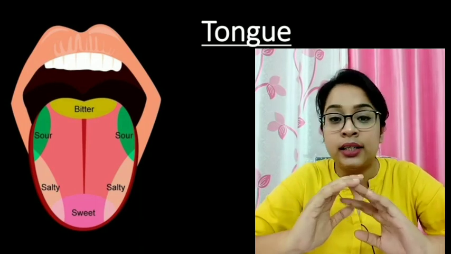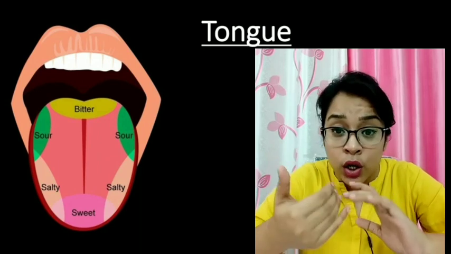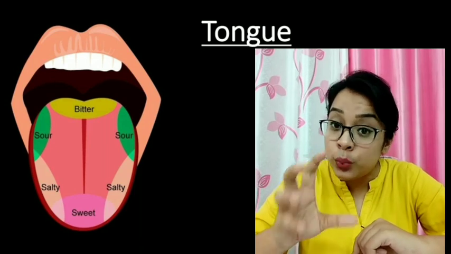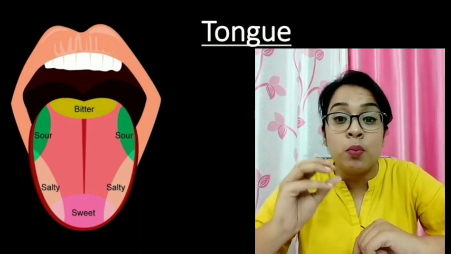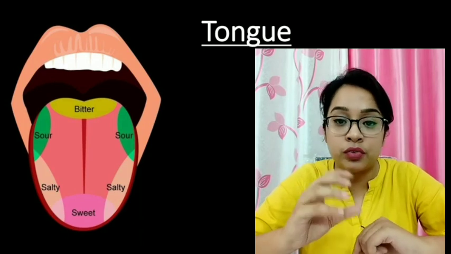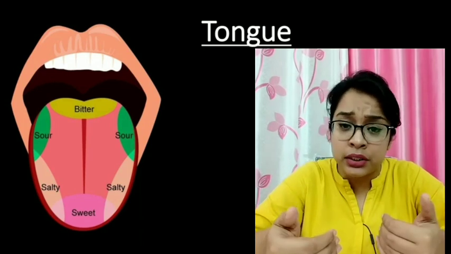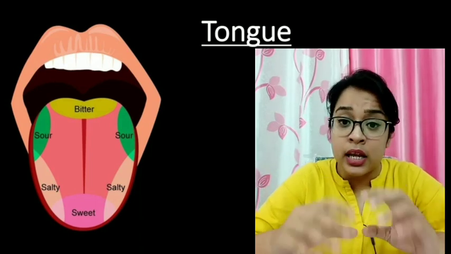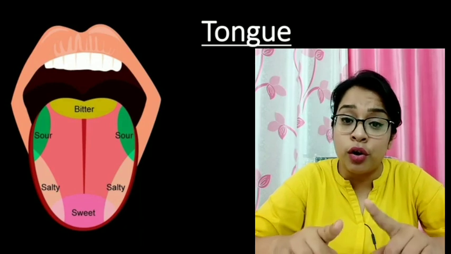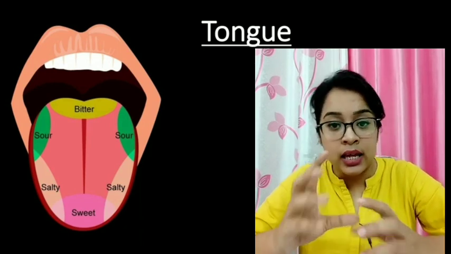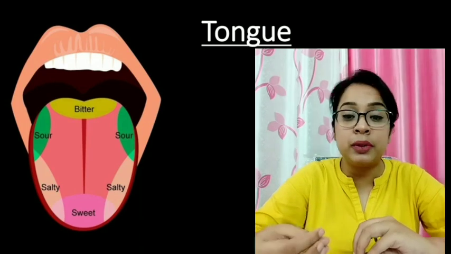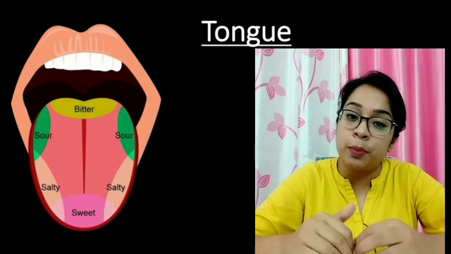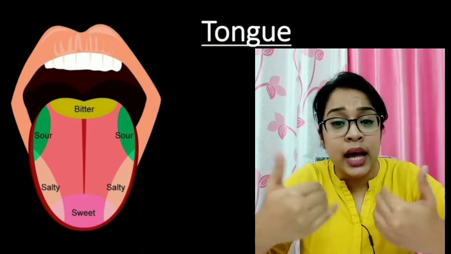Again I am saying that doesn't mean a different part of your tongue cannot taste sweet, but the taste buds which can detect the taste of sweet are present mostly in the tip of the tongue. Just after the tip, in the front part only, that part is specialized for detecting salty taste. The taste buds which have the capability to detect salty taste are present mostly just above the tip of the tongue. And the side of your tongue,